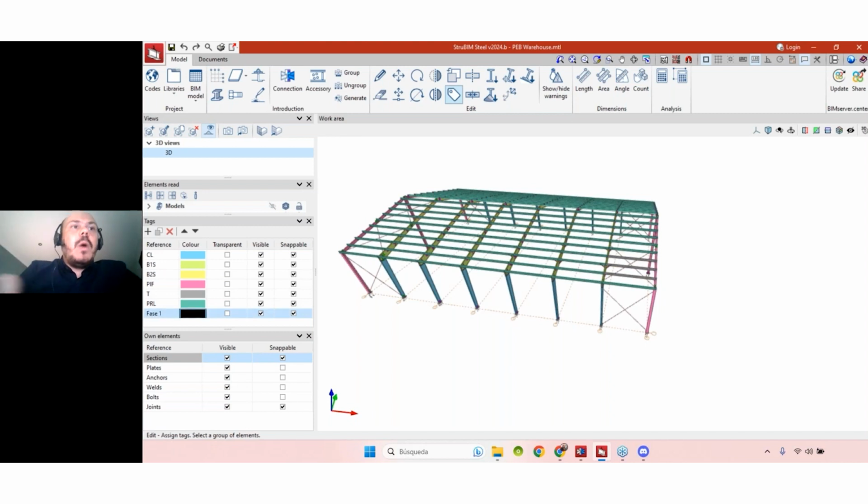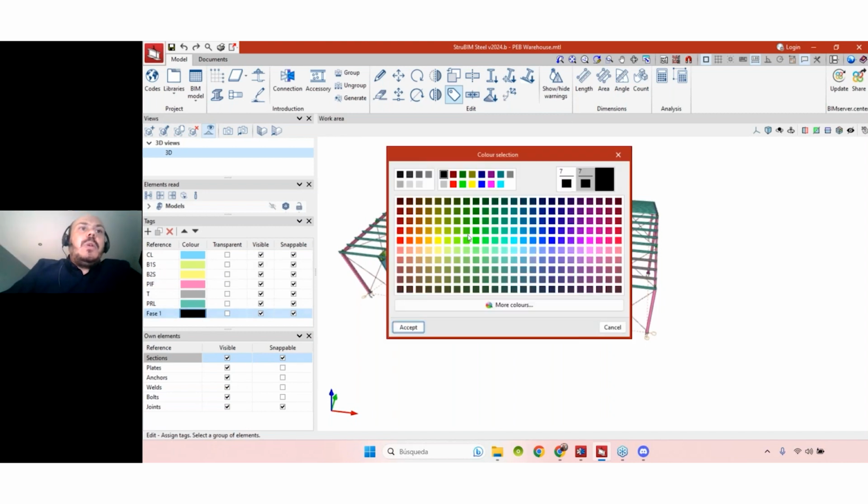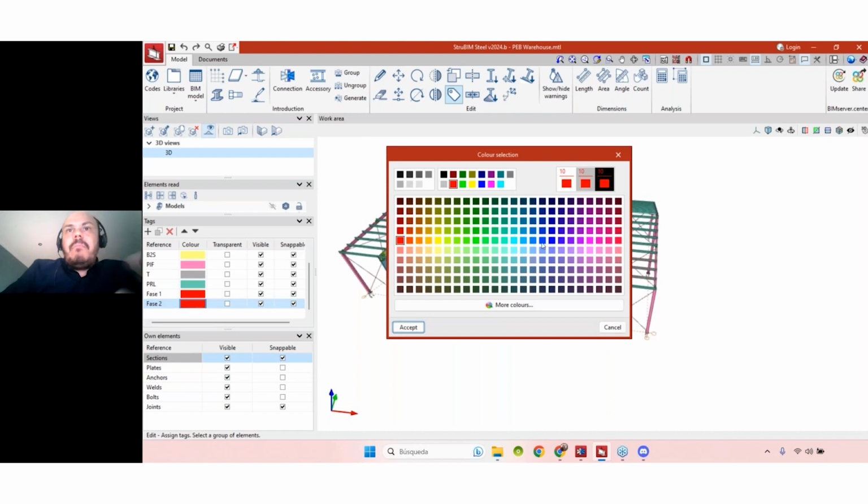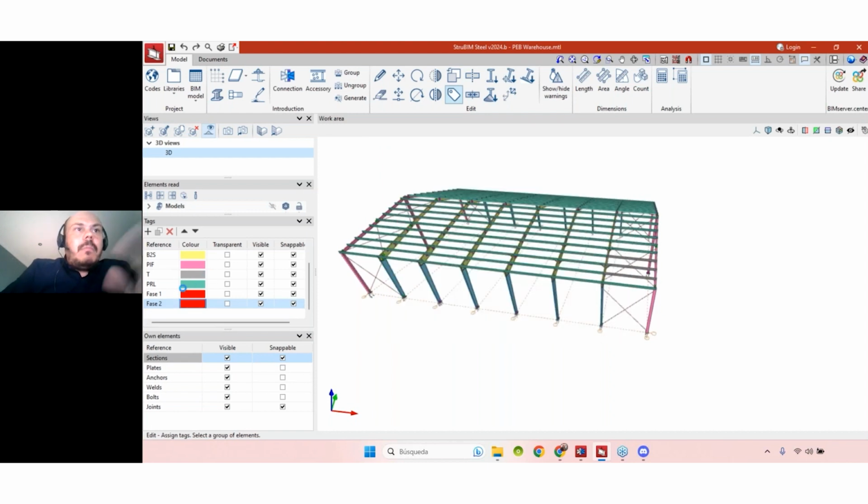For example, phase 1 that we will assign a color, for example, red, and phase 2. Let's imagine there are two moments of the construction. It's just to create an example. Sorry, let me put it in English. Phase 1 and phase 2. Okay,